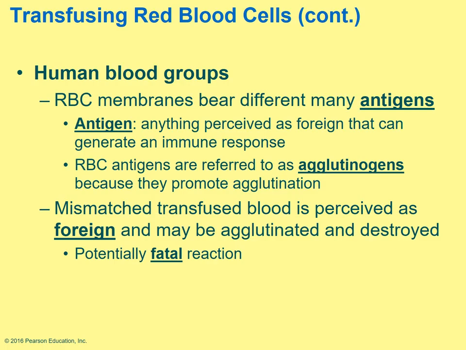So if I were to receive the wrong blood type, my body may see those antigens as a foreign substance and attack and destroy them. That's what your immune response normally does, as a protective thing. However, in this case,